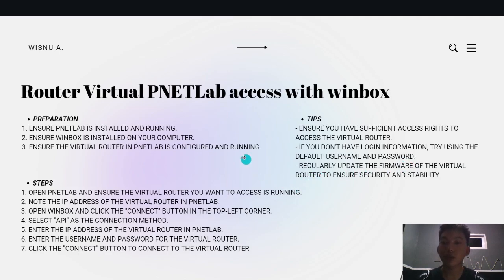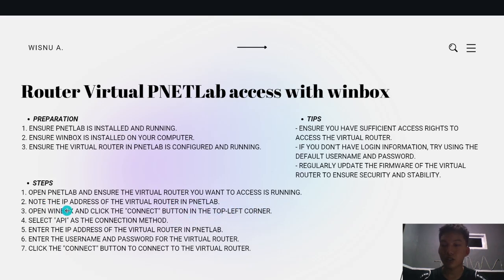Next, accessing a router in the virtual VNet Lab with Winbox. For preparation, ensure VNet Lab is installed and running, ensure Winbox is installed on your computer, and ensure the virtual router in VNet Lab is configured and running. For step 1, open VNet Lab and ensure the virtual router you want to access is running.